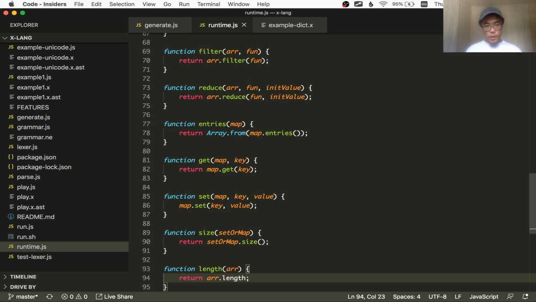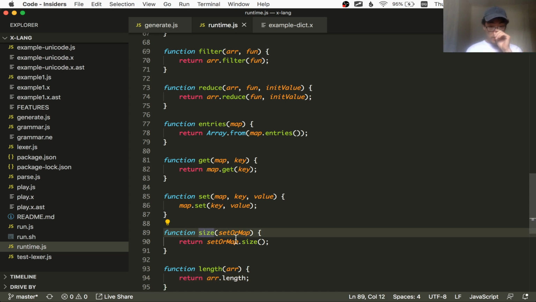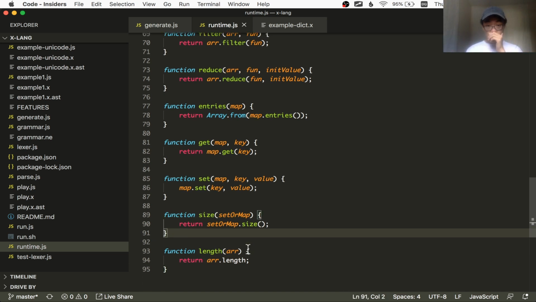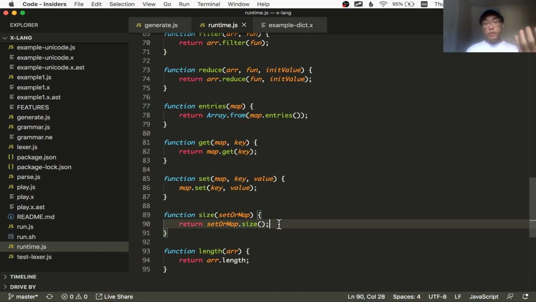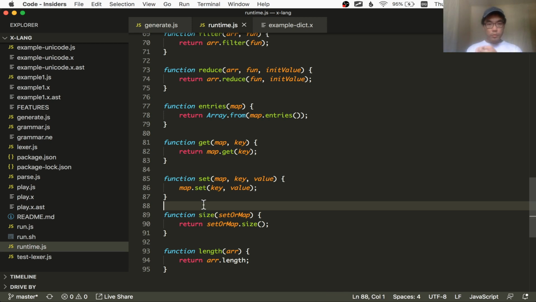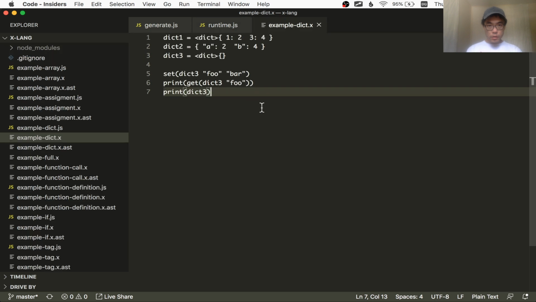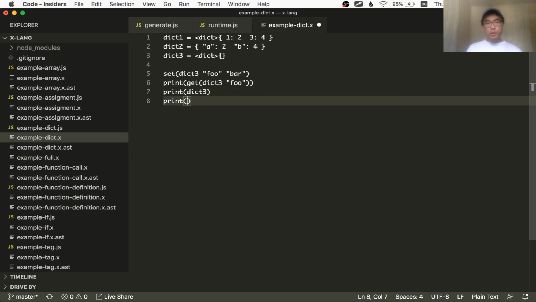I could make the same function handle both of them, with an if statement, but for now I'm going to differentiate them. So now I'm able to print